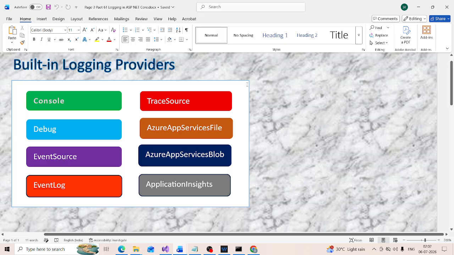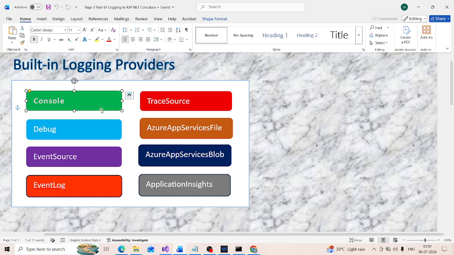For example, Console displays logs on the console window. If you have Windows operating system and you want to log the messages to the Windows EventLog,